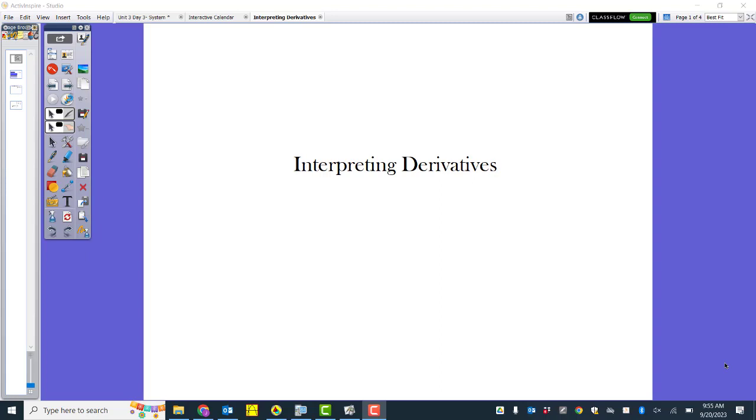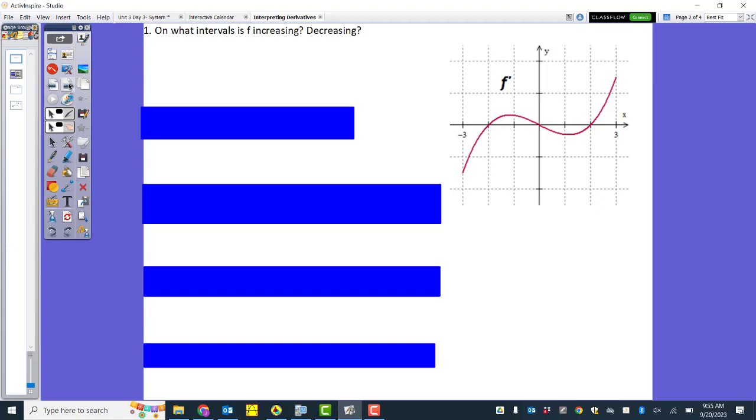All right, today we're looking at interpreting derivatives. Interpreting derivatives is the idea of looking at a graph of a derivative or second derivative or original function and determining something about the graph. Okay? So, starting with this graph, we're given the graph of f prime, and we're asked on what intervals is